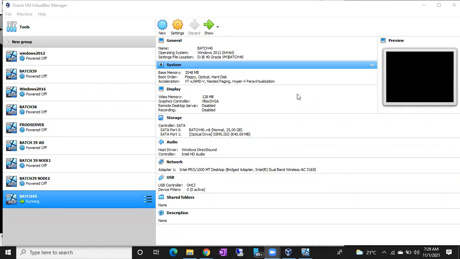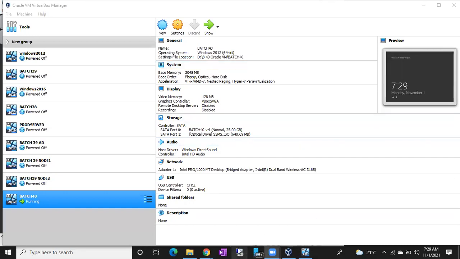2016, not 17, 2016 up to 2014. Okay, SSMS, you will get it with the software. You have to select management tools in the features so that you will get SSMS automatically. From 2016 onwards, SSMS is separated. So after SQL Server installation, again, you have to install SSMS also, right?